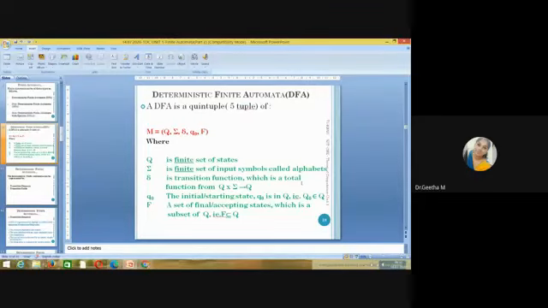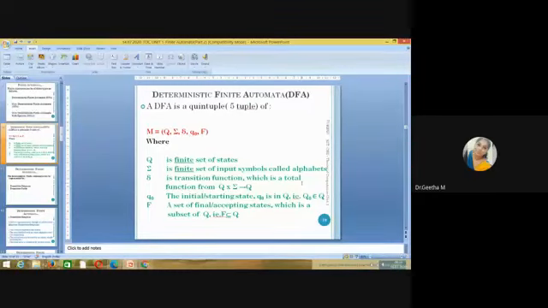Mathematically, how your finite automata is defined, which can be defined by mathematical notations like M equal to (Q, sigma, del, q naught, F), where Q is the set of states. Before designing a finite automata, we should have some number of states which are used to design that particular automata. So this is a finite count of number of states. So Q is a set of states. Sigma is what are all the symbols. We know that before designing a finite automata, we decide what symbols we are going to use. So sigma is a finite set of alphabets.